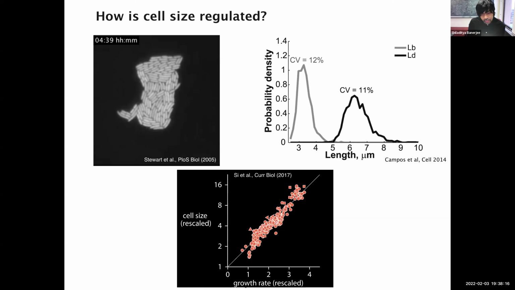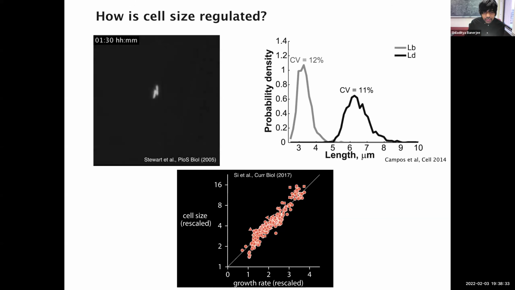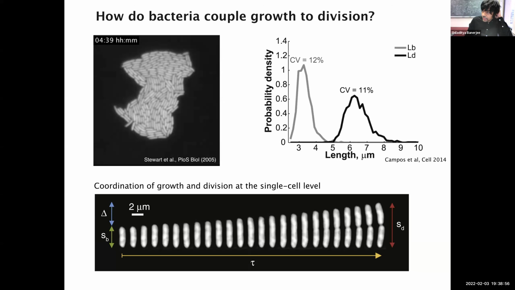bacterial cells. So as someone who does mathematical modeling, we'd like to ask why this is, right? And to understand this, we need to look at the dynamics at the scale of single cells. So we'd like to understand how single cells, single organisms, coordinate growth and division. How fast they grow determines how soon they will divide and go on to the next generation. And the coupling between growth and division will set the size of the cells. So how long they grow will determine the size.